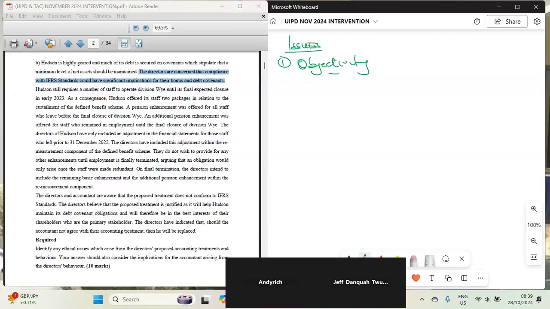Andy Rich. Okay, so I also want to talk a little about objectivity. There is an issue of being biased and undue influence in the last paragraph. The second line says that the directors believe that the proposed treatment is justified as it will help Hudson maintain its debt covenant obligation and will therefore be in the best interest of the shareholder. So because of that, they are being influenced, for if it turns out the way they want, it is going to